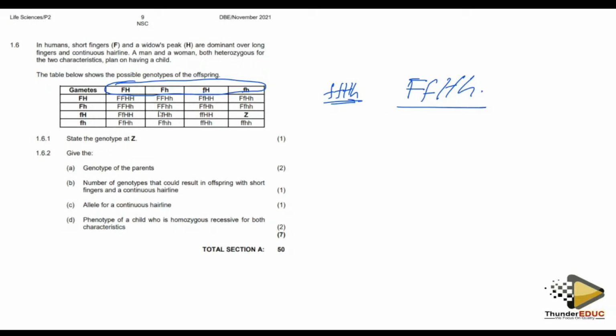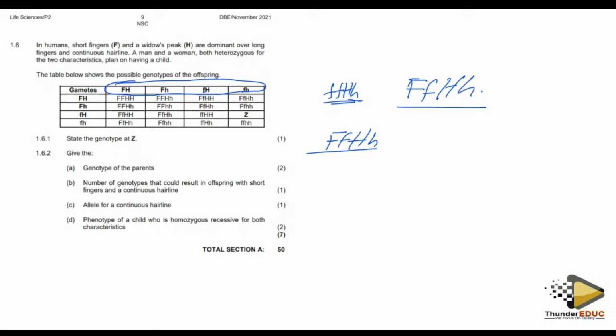And then when I come here, it is still capital H, capital F. Yes, then small f. And then capital H, and then yes, small h. So it means that both of them have the same kind of allele. They are heterozygous for their conditions. So all of them have the same kind of condition. Then they are saying that